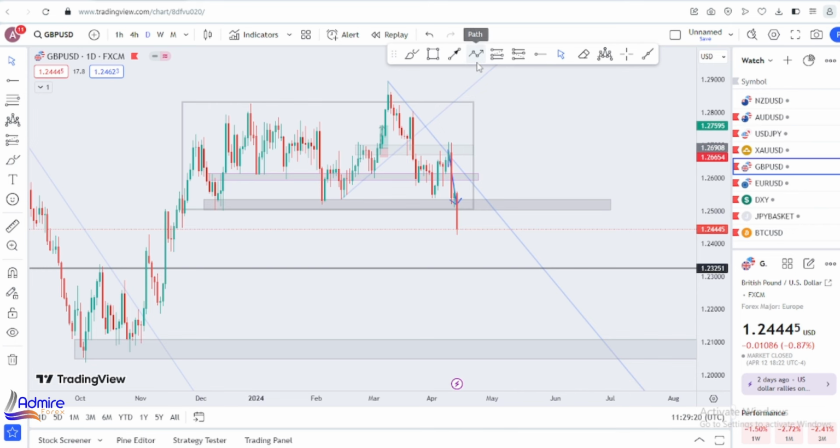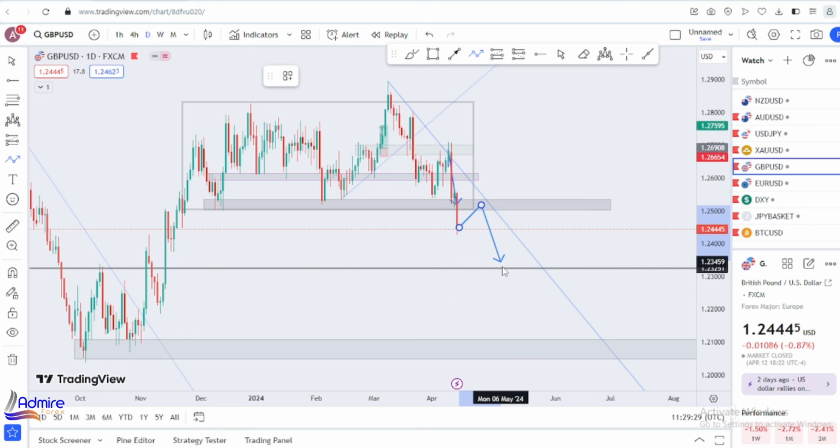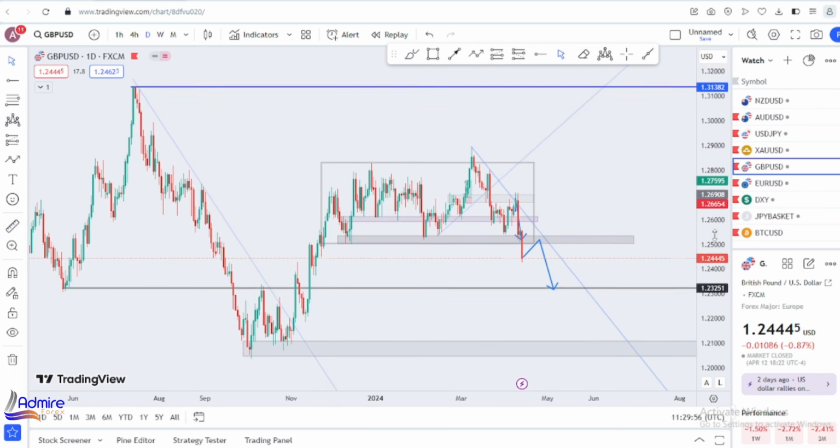Okay, so moving forward for this week, what we'll be looking for in GBP/USD is no different. It's a little bullish retracement back to the zone, and a bearishness down to the 1.231 area. Then we can target the next level, which is the 1.209 area. But like I always say, price moves from zone to zone, so we target from one zone to the other. So let's see, we have over 500 pips, 500 pips movement all the way to the downside.